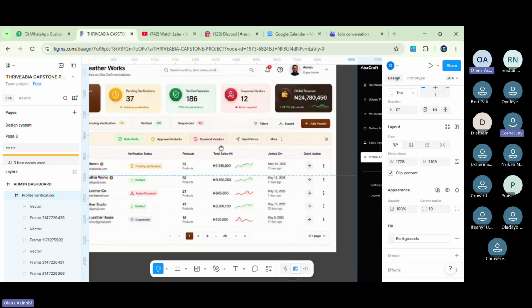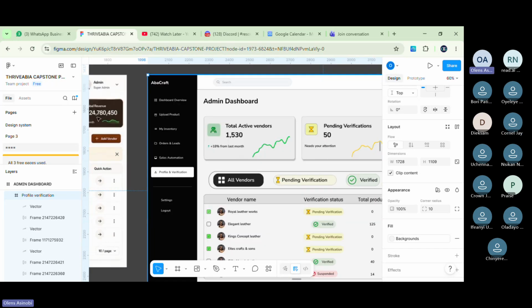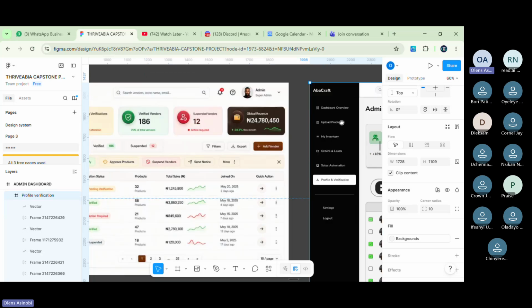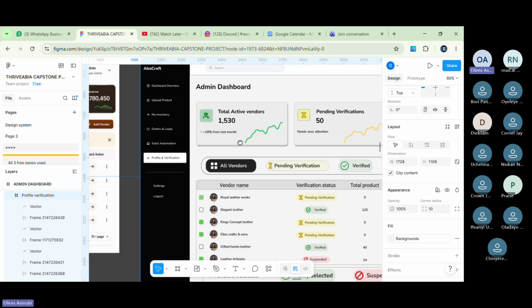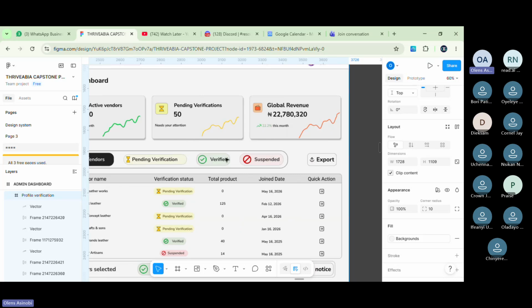Okay. Now look at something. If you remember vividly, when I explained what that secondary header is for, I said it was for places like this. As you have these total active numbers, you see how this text is big, right? This text is supposed to be bigger than any other thing on this page except the header. That is hierarchy. Just like what you see here. You see how this text is big too? Then this one is small. Now look, I used card header. You see how card header is way, way smaller. Is this not better? Now you can see hierarchy clearly.